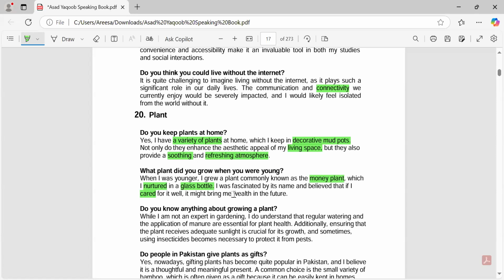All right. One way is the one I am adopting. Another way is that we can focus on the person. Like, when I was younger, I grew plants. So this is another way. Before saying which plant, we can say the plants which I grew when I was younger. So one way is we can restructure the sentence: when I was younger, I grew these plants. Yeah, these are the different ways, right? And some days we can paraphrase the question. Okay, thank you for adding.